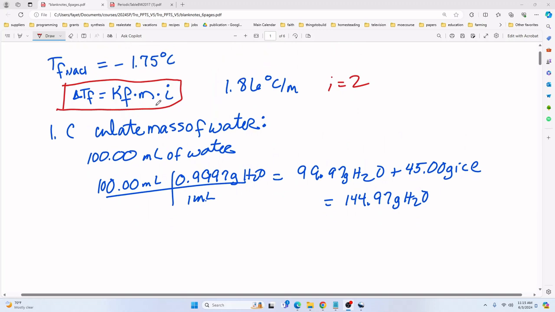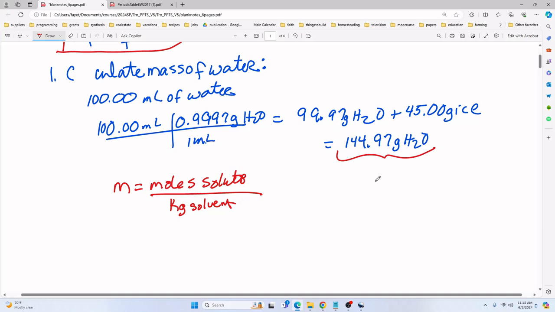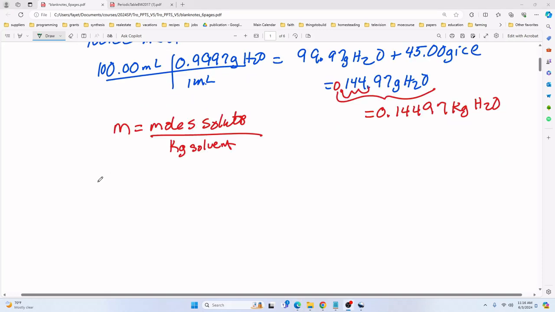But in order to calculate the molal concentration, we'll need the number of moles of our solute, because molality is equal to moles of solute divided by kilograms of solvent. Okay, and we have our grams of solvent here. In order to convert that to kilograms, we need to move our decimal point 3 places to the left. And that gives us 0.1447 kilograms of water. So we have our kilograms of solvent that goes on the denominator. We need to next calculate the moles of solute. And you'll remember that we had 3.9984